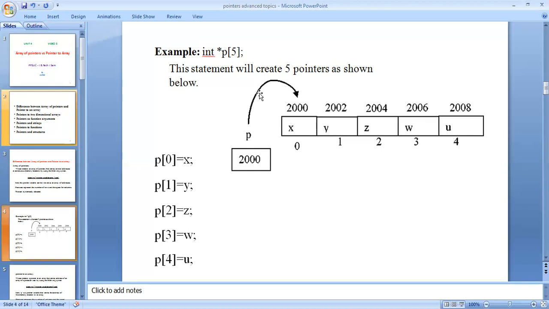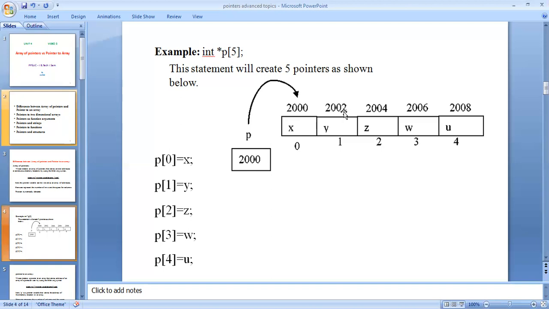I'm using the integer data type. Integer data type means that each individual element takes 2 bytes of memory storage. That's why x is stored at memory address 2000, and y is stored at memory address 2002, because 2 bytes are added to 2000.